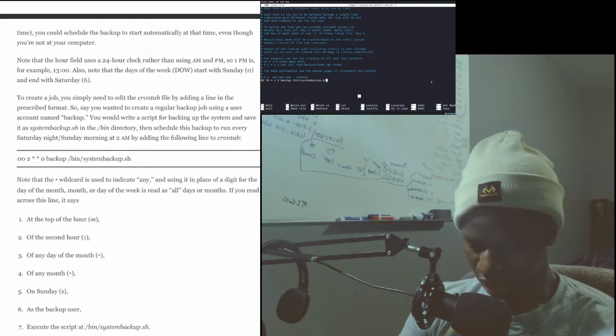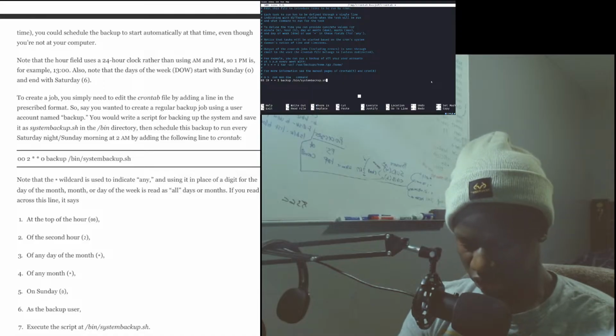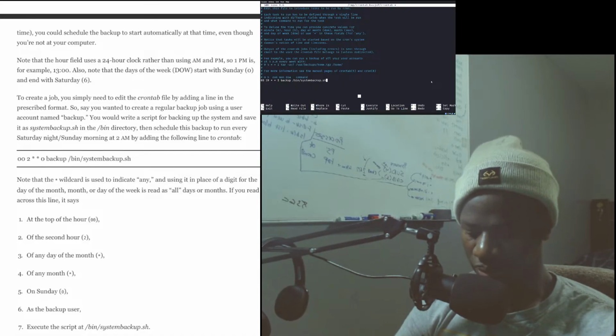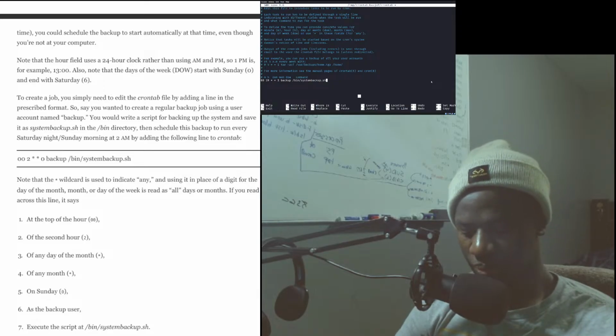So the cron daemon will then execute that script every Sunday morning at 2 a.m. every month. If you only wanted this backup to run on the 15th and 30th of every month, regardless of